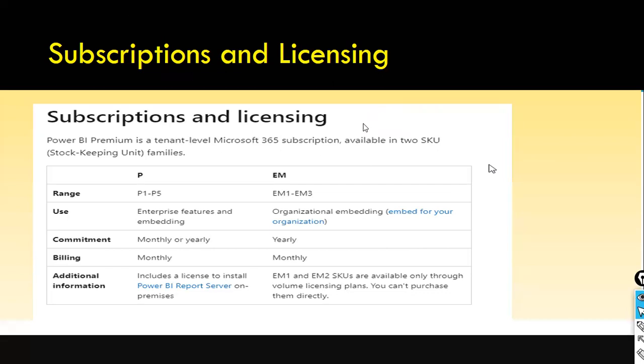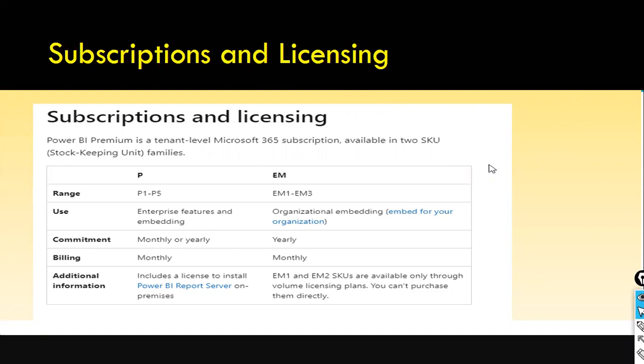All right. And these are the thing. Okay, EM and E2 SKUs are available only through volume licensing plans. Okay, so what is volume licensing plans? So whatever we discussed, right? The dedicated resources and the Power BI premium per user and per capacity, these are the volume licensing plans, because